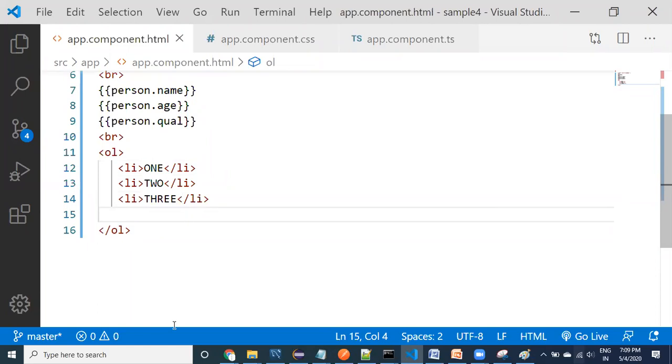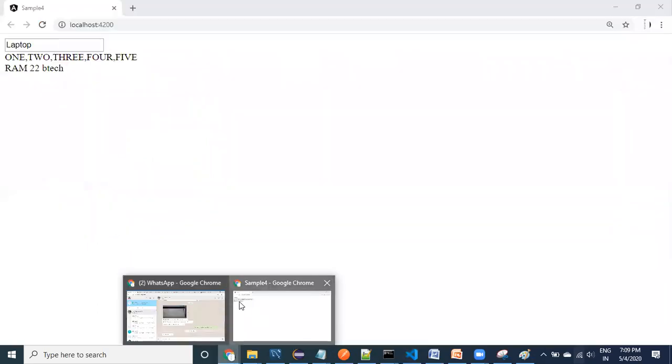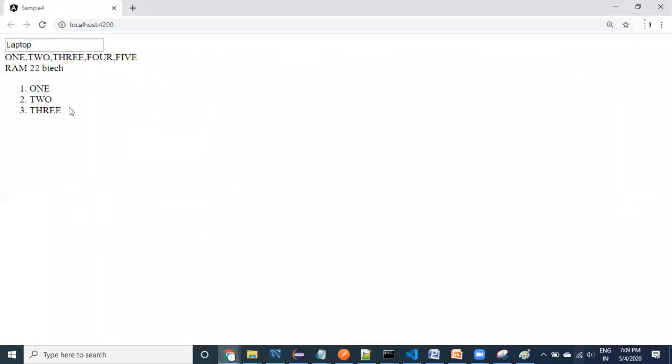If I go to the UI part, how is it going to display? It is going to refresh. See here, guys, ordered list 1, 2, 3. It is displaying. The same way I would like to display all these array values. How many values are available in the array? I want to display those array values in this fashion, one by one. If I display all the values at the same time, it is not comfortable for me. I want to display in this manner.